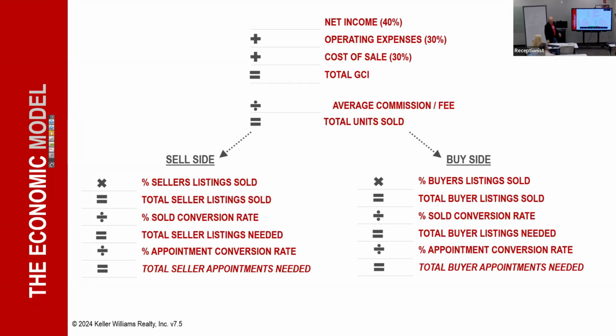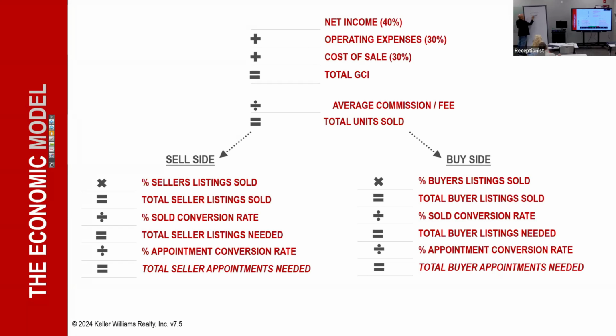So let's just say somebody in here says, I want to keep $300,000 in my checking account so that I can pay for my taxes, my royalty, my cap, all that kind of stuff. What I'm going to do is divide that by 0.40. Sorry, lost my mind. 0.40 is 40%.